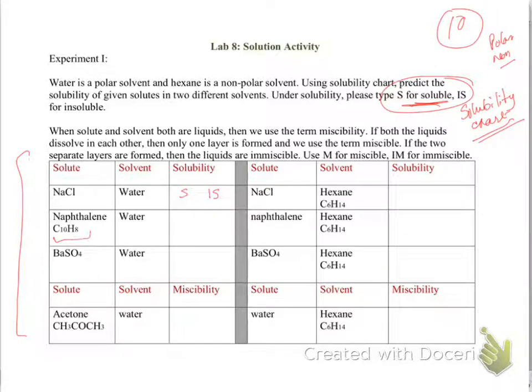Then similarly, you check the solubility of naphthalene in water. The important thing is that this compound is made up of carbon and hydrogen. So think about it. Water is polar, we know that. As long as your solute is polar, it's going to be soluble; non-polar, insoluble. But some ionic compounds are insoluble, which you're going to find out based on the solubility chart. So in these ones, it has to be either soluble or insoluble. We are using water solvent here, and in this case we are using hexane solvent, and we can say hexane is a non-polar solvent.